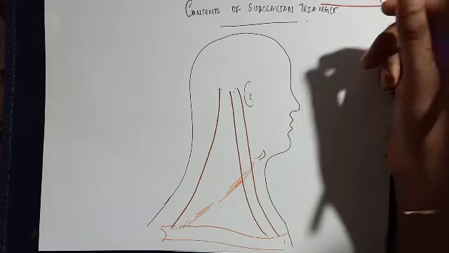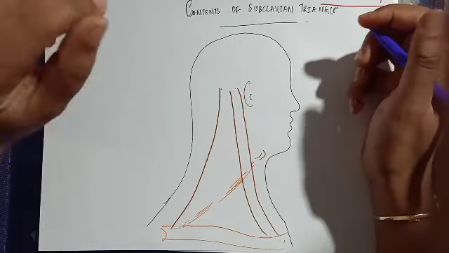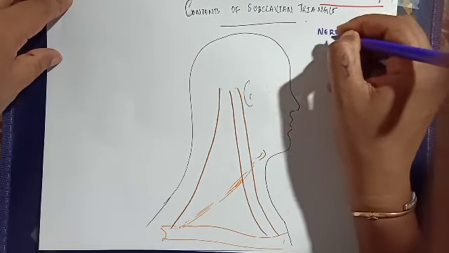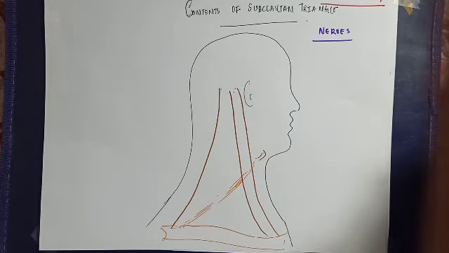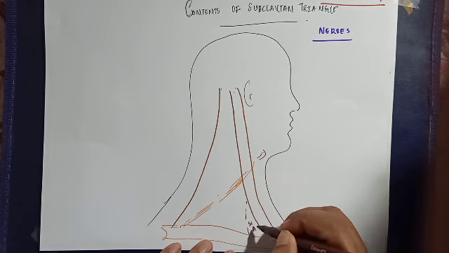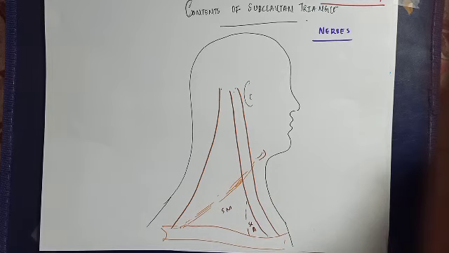So now we are going to discuss the contents of the subclavian triangle, or the supraclavicular part. First we'll discuss the nerves in this region. The important part is that we have the scalenus anterior muscle here, and the scalenus medius muscle here. In between the scalenus medius and the scalenus anterior, you have the